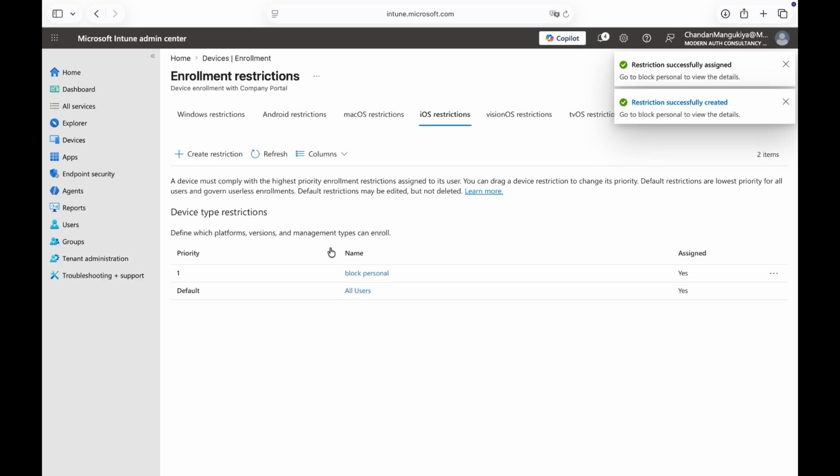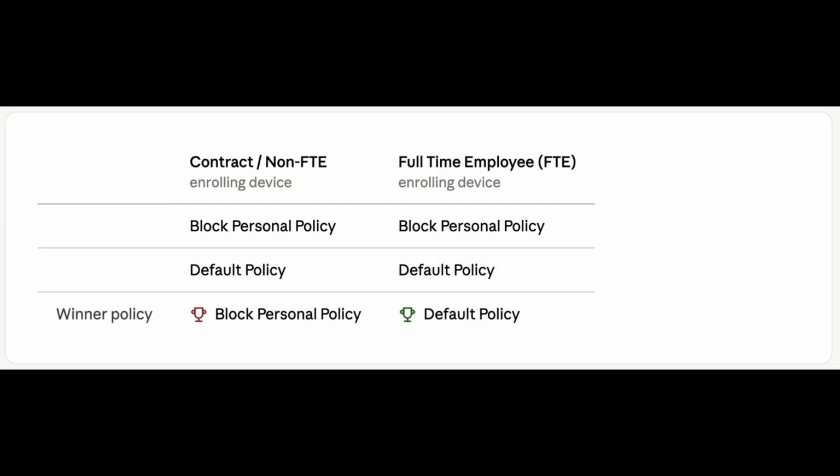Now let's see how this actually plays out in practice. If a non-full-time employee tries to enroll a personal device, Intune first scans all the custom restrictions available. It will find that a custom restriction policy exists for this user, since they belong to the non-FTE user group, which means this custom policy is the one that gets applied during enrollment. Since this policy has personally owned devices blocked, that non-FTE employee will be blocked from enrolling their personal iOS or